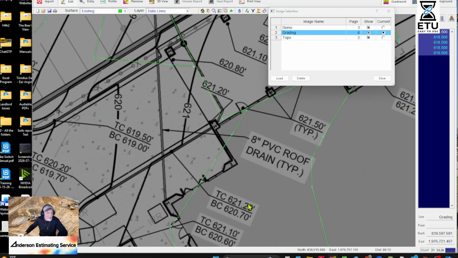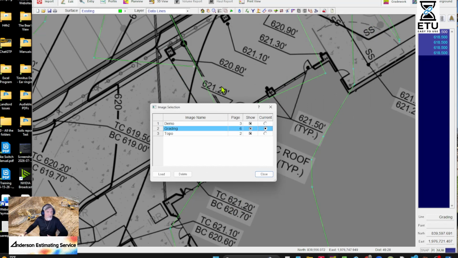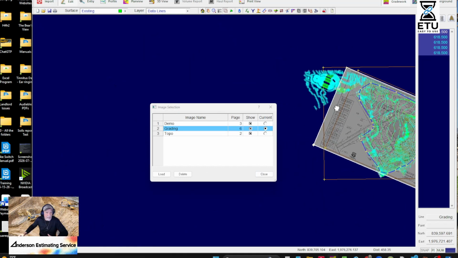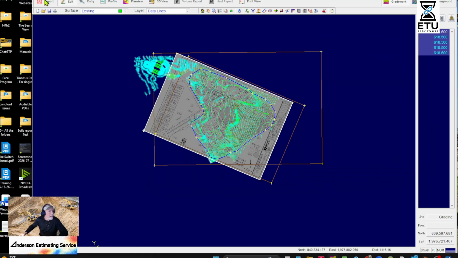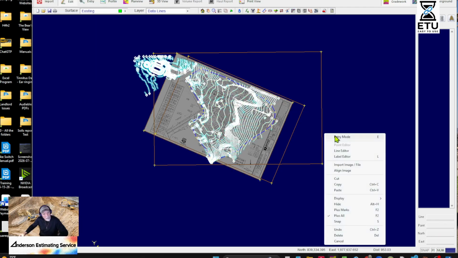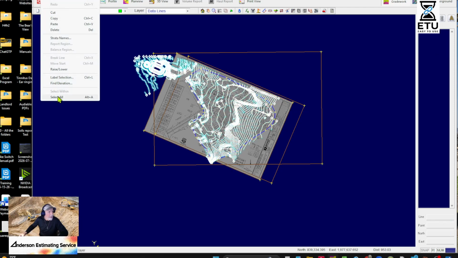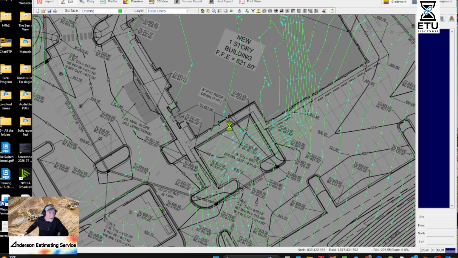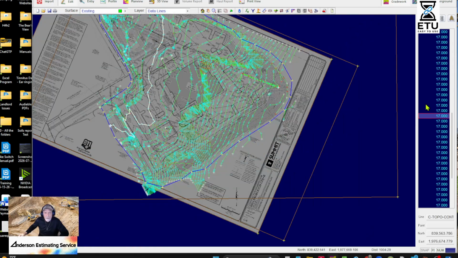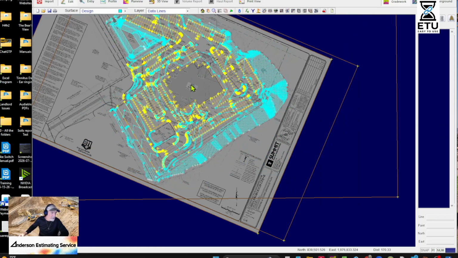See how these are 620? I'm not going to enter all 3 of those numbers. No way. I'm going to cut that 6 off. Now that I have the data done from the CAD file, we're just going to take 600 off. We're going to get into existing data lines, edit, select all, and edit, raise lower. And that sound in the background is my dog playing. They love to play. Here we go, 600 feet. Now we've got everything. It should be 17.